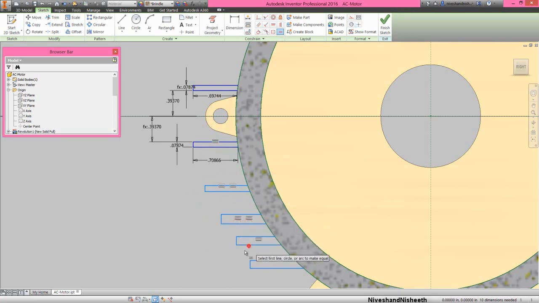Now we will apply another equal constraint between these sketches and afterwards we will give the dimensions on here.